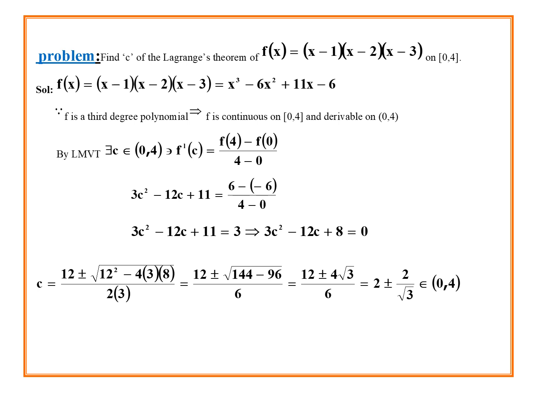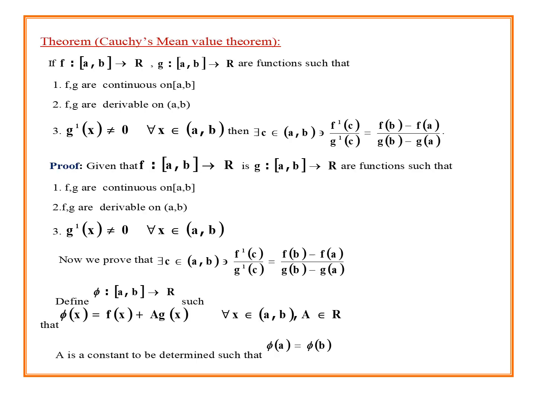Clearly, this is a quadratic equation in terms of c. c equals 12 plus or minus root over 12 square minus 4 into 3 into 8, by 2 into 3. That implies 12 plus or minus root over 144 minus 96 by 6, which equals 12 plus or minus 4 root 3 by 6, which equals 2 plus or minus 2 by root 3, belonging to the open interval 0, 4. Now, the most important theorem, that is